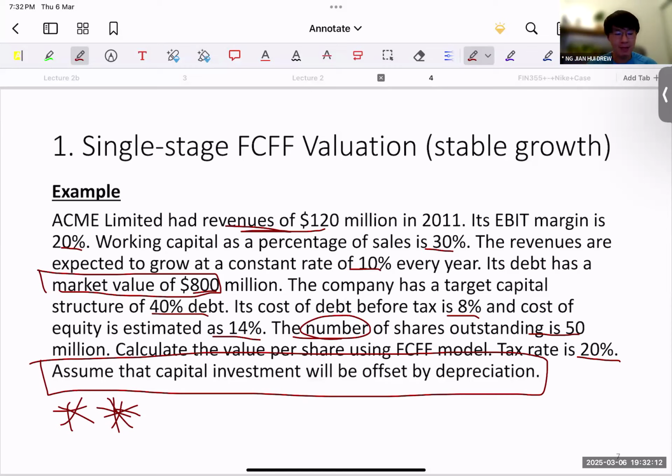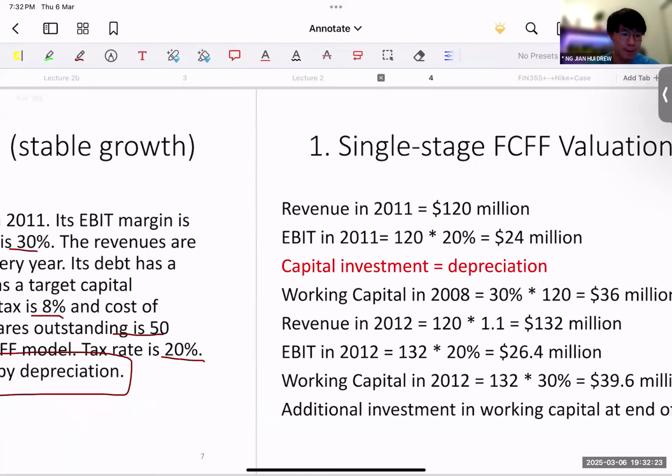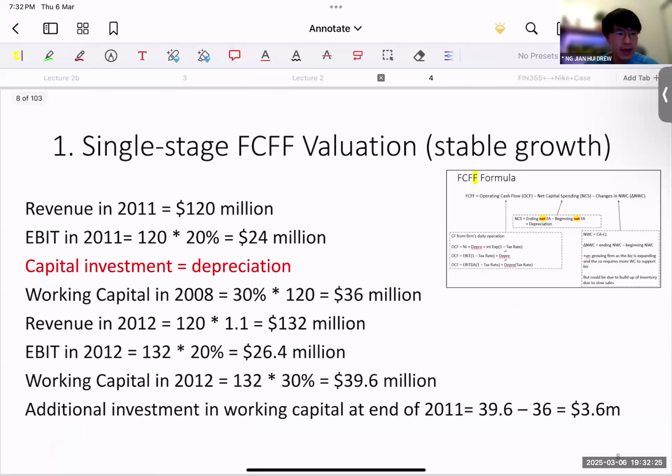Yeah, your capex is your NCS in your formula. So they'll be exactly the same and cancel out each other. Let's see how it appears. On that point about cancelling out, what does it mean? Okay, let's say